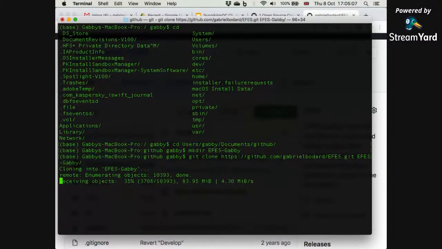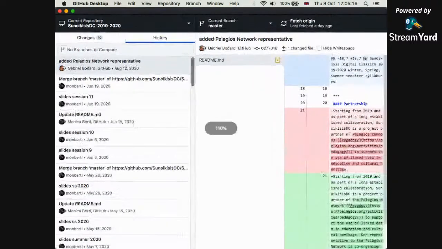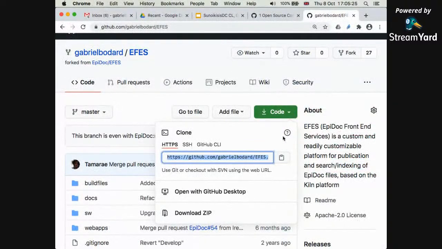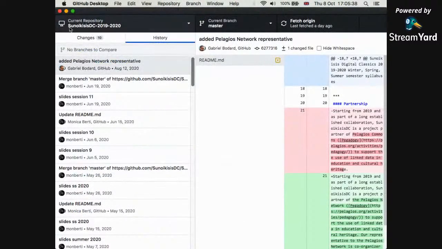What I'm going to do instead is show you a tool which most of you will probably find easier to work with than the command line. So this is the GitHub desktop tool. If again from here, instead of going to code and copying the URL, you say open with GitHub desktop, it will ask you to install this piece of software, and then you can simply go to this piece of software and you can say, I want to